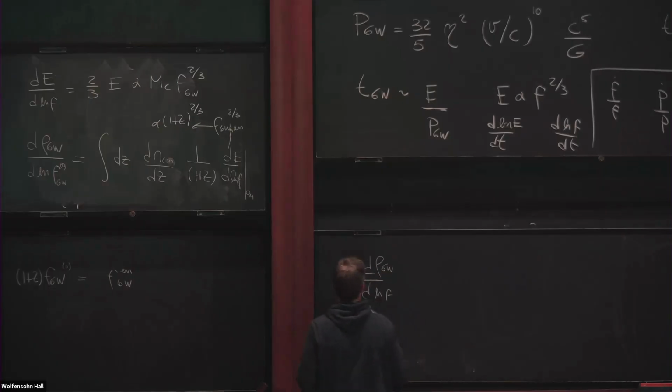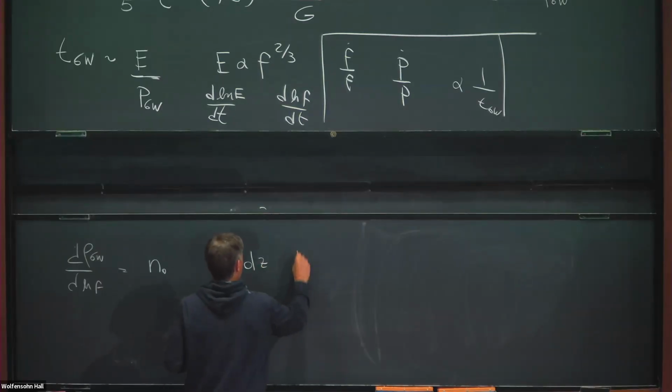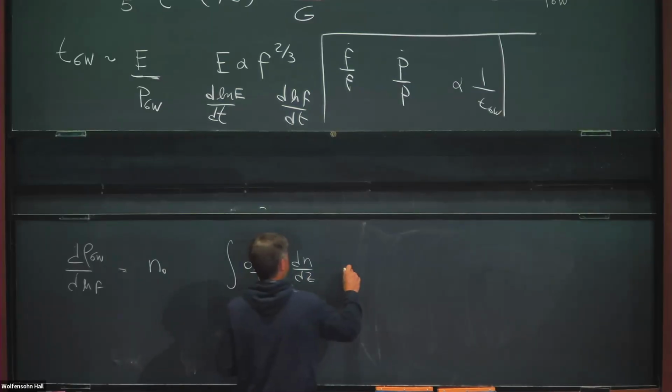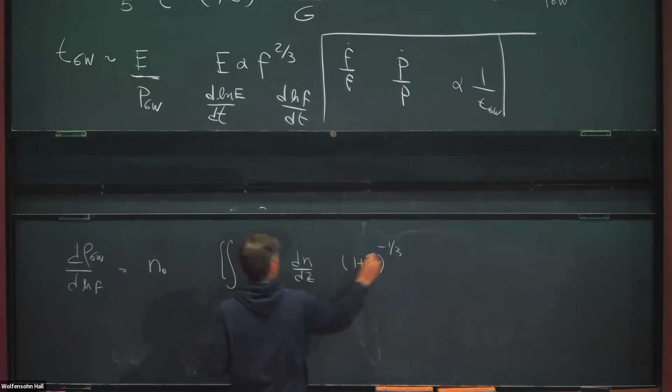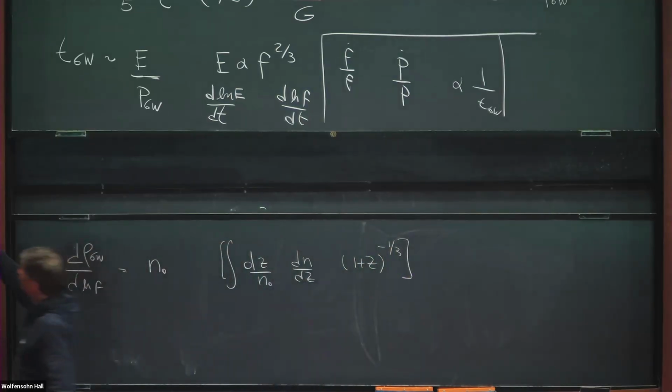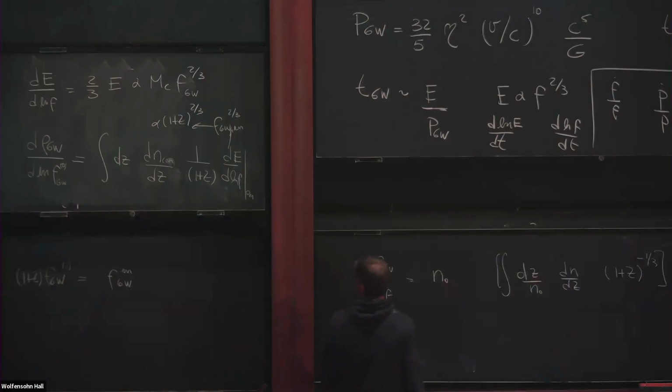So let me take out the current number density of these sources, n naught, and outside of the integral, dz, dn/dz, 1 over n naught, and then this (1+z) to the minus 1/3, okay? So that's this part of the integral. And then what I get is the binding energy, this dE/d log f, which is these 2/3 of E, which is, let me say,